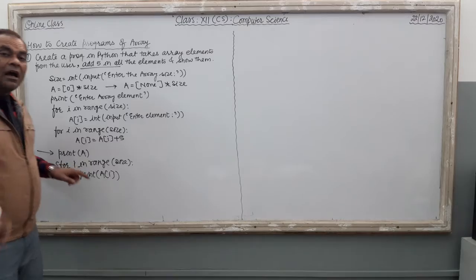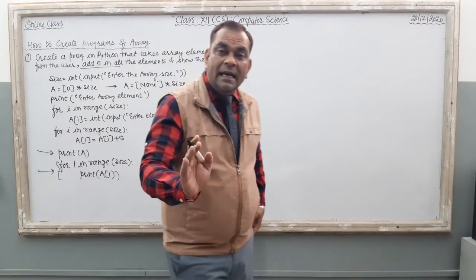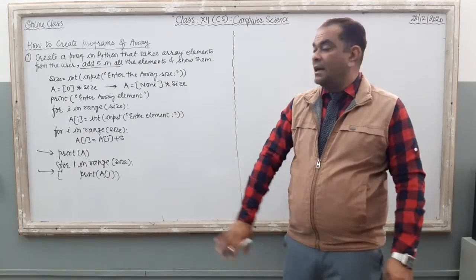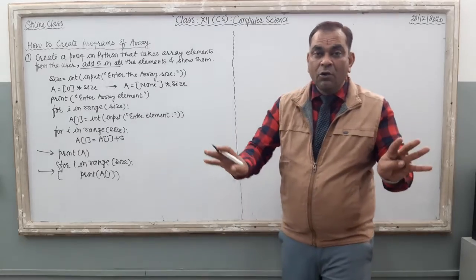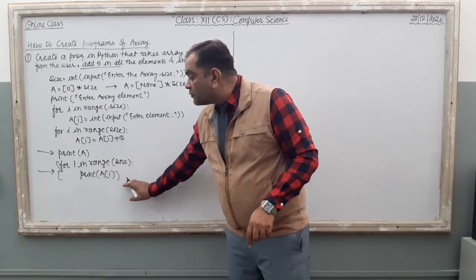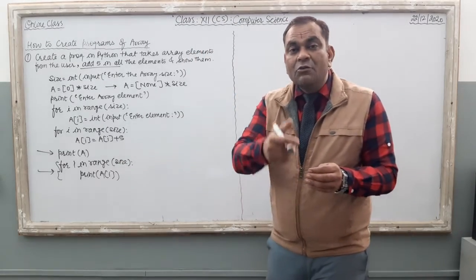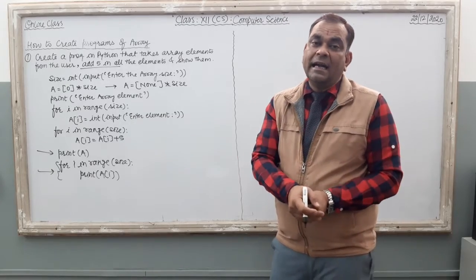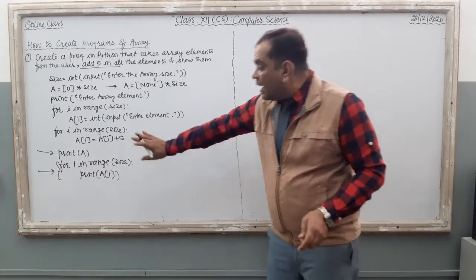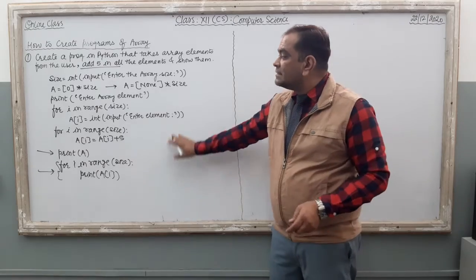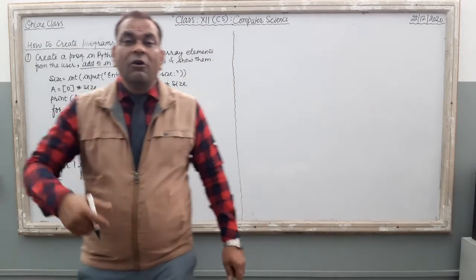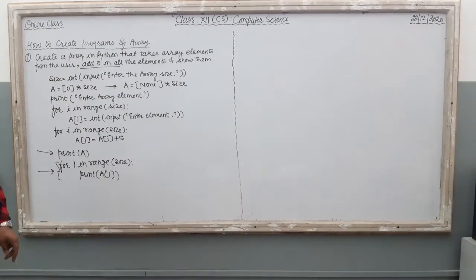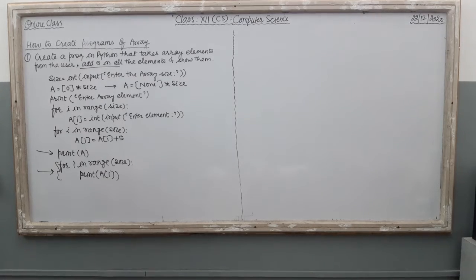In the first approach, all the data elements of the array, or we can say linear list, will be there on the monitor in one go. If you use a for loop, you can scan and print out the data elements of the array one by one. So this is the entire program. Now just see what will happen if we execute the program. What is the output of this program?